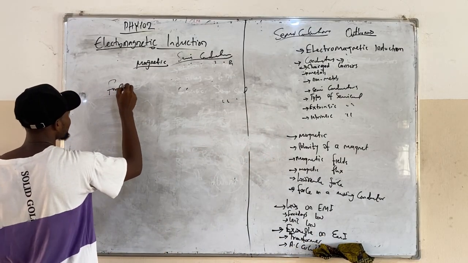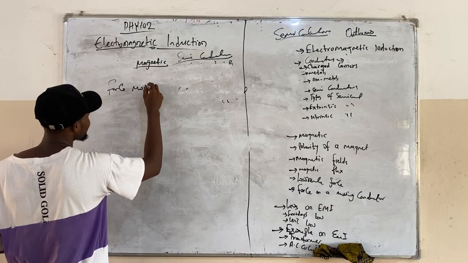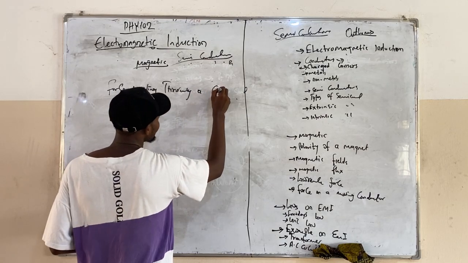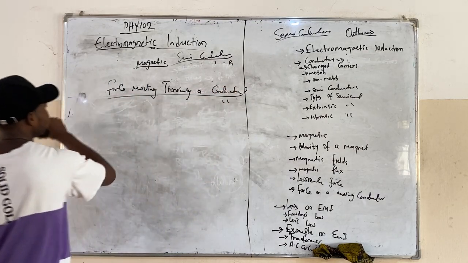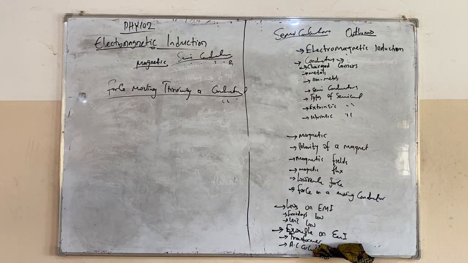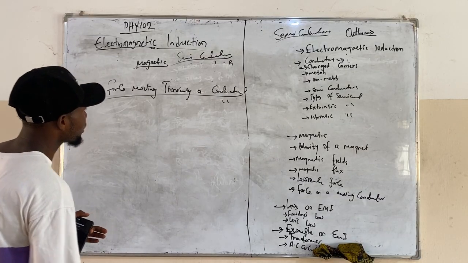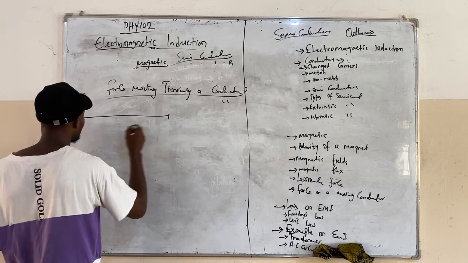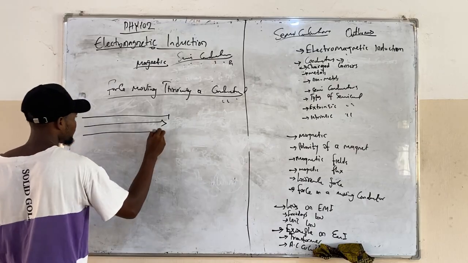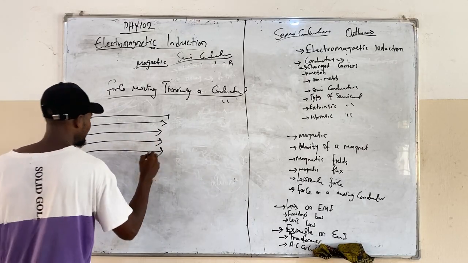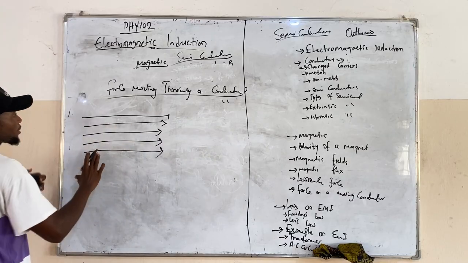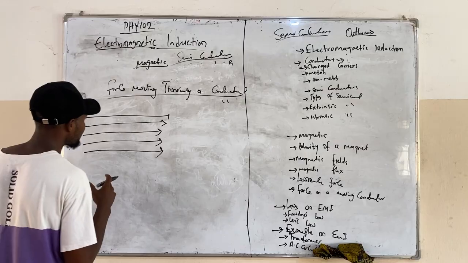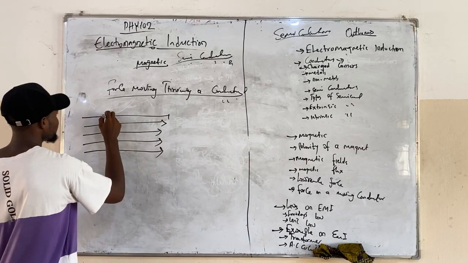The force moving through a conductor. This is another important concept again. So let's take a look at this very diagram. These are the magnetic fields, right? I told you there are area or space around the magnet where the magnetic tendencies are felt, magnetic field, right? So these are the magnetic field,